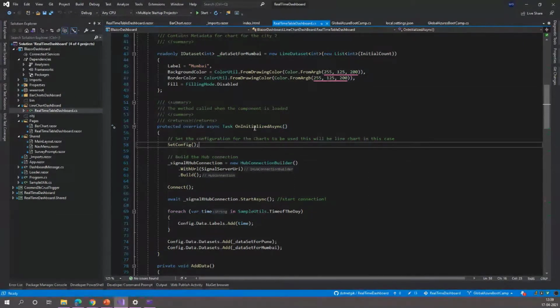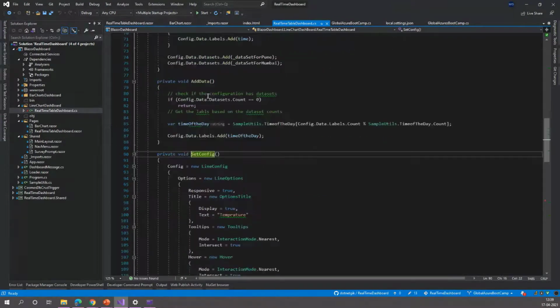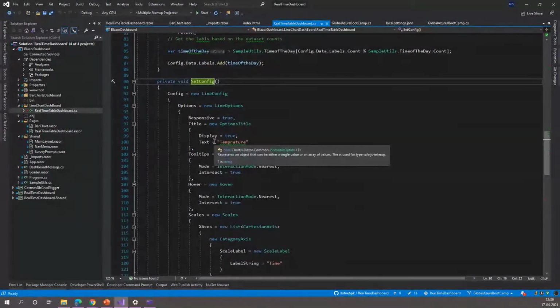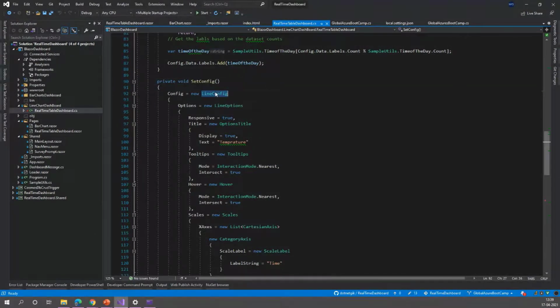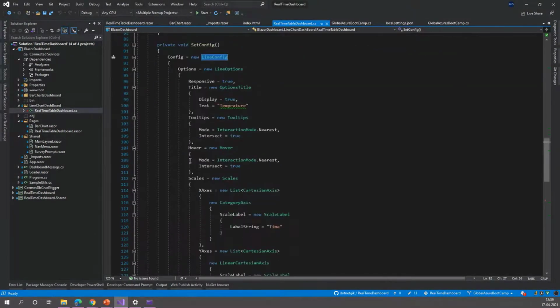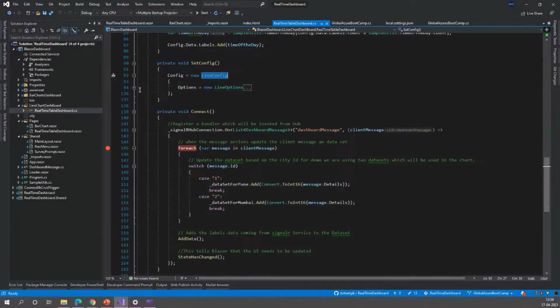So this method is the same like that. On page load or on initialize, what we are going to do is set up a configuration for the chart that we are going to use. In this case, I'm going to use the line configuration. This is nothing but the metadata which is used to display the chart.